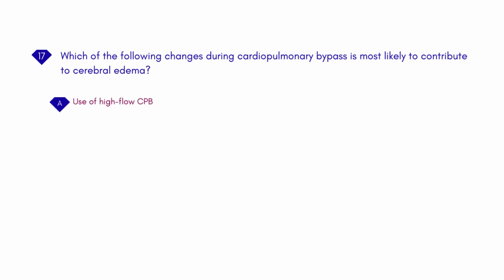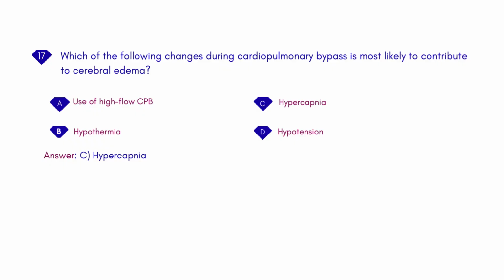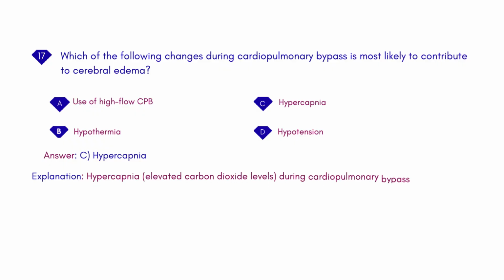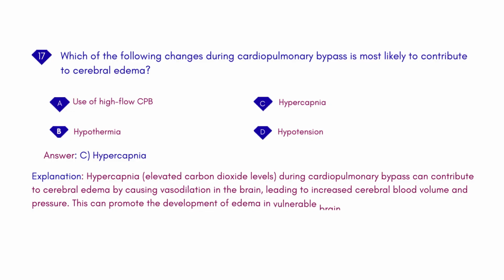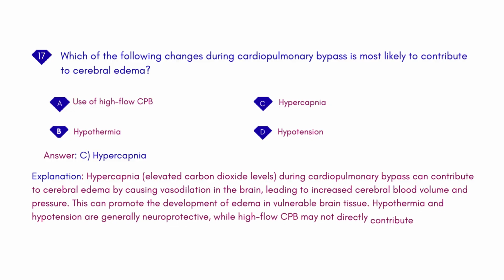A. Use of high-flow CPB. B. Hypothermia. C. Hypercapnia. D. Hypotension. Answer: C. Hypercapnia. Explanation: Hypercapnia, elevated carbon dioxide levels, during cardiopulmonary bypass can contribute to cerebral edema by causing